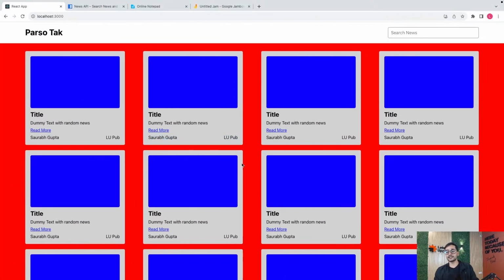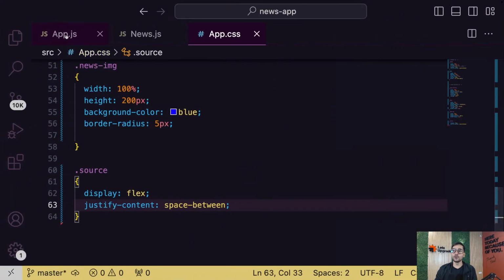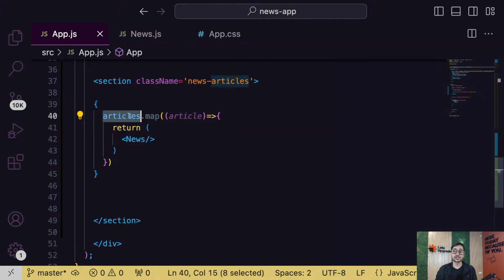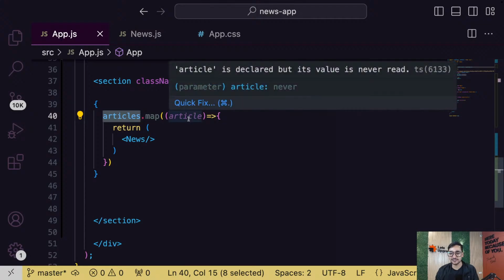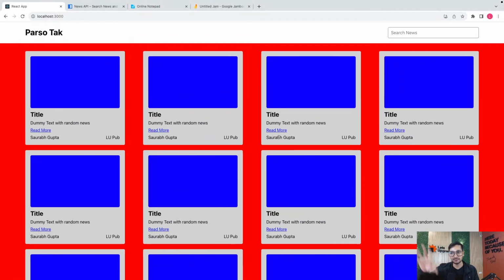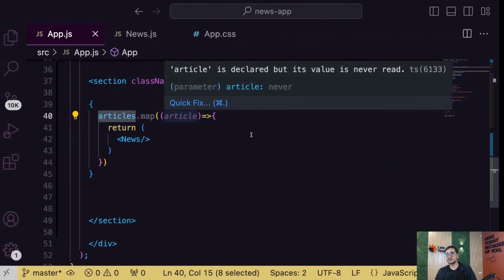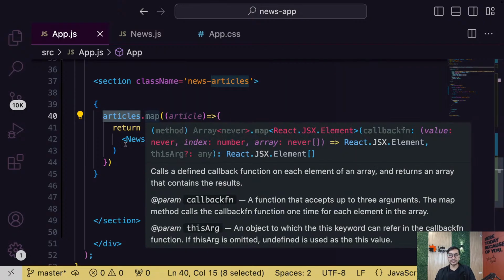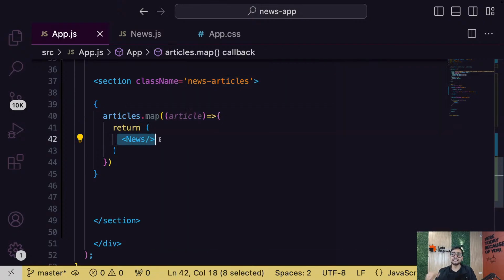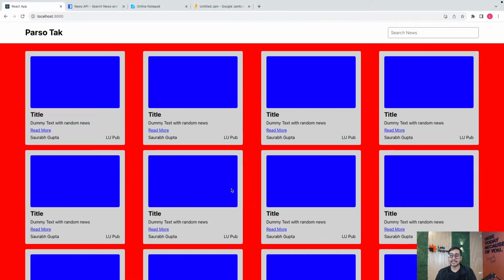Everyone, are we understanding all this? And guys, don't worry. We have 100 items because we are looping our actual articles, but we have not fed the actual data yet. That's why we are getting the 100 articles. I hope you understand why: because we are looping the articles and we are just creating the news component again and again. But we are yet to feed the data, which we'll do using props.